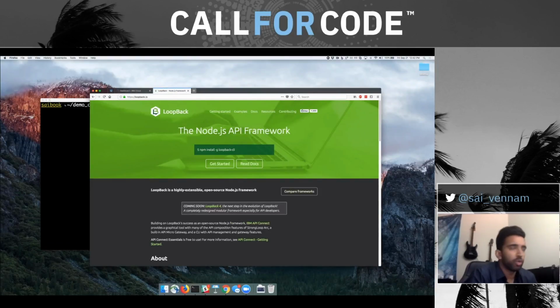Today, I want to talk to you about Loopback, which is a Node.js API framework, as it clearly says over here. But the cool thing is it's completely open source. It was originally developed by a company called StrongLoop. And after acquiring StrongLoop, IBM and StrongLoop worked together to build out our API portfolio, all of the solutions that we have in the space, from creating APIs, managing them, securing them, and then